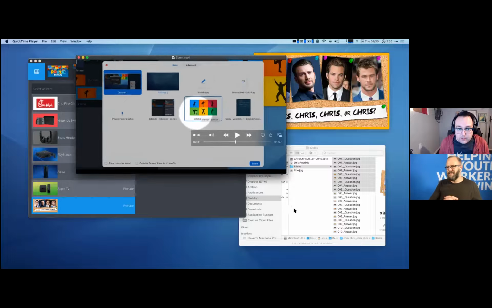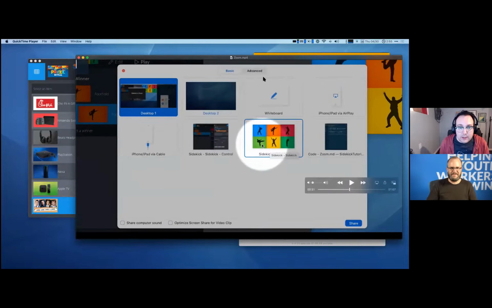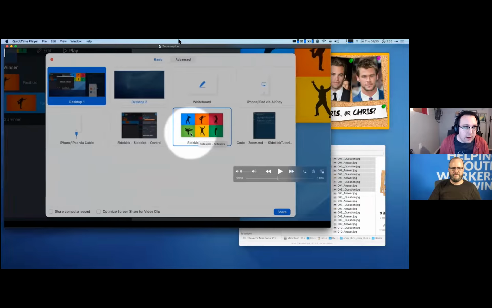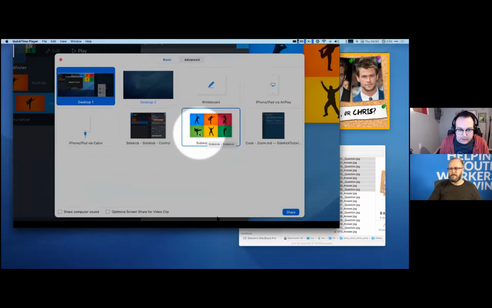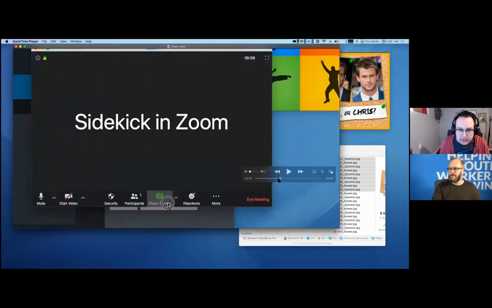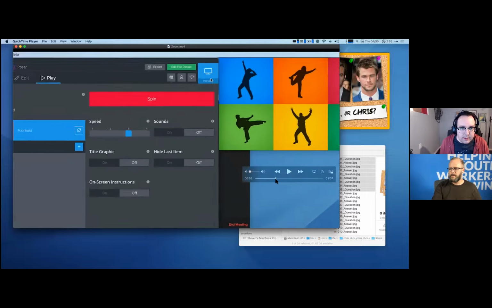Sorry, Steve. No, you're good. It's hard to show how to use Sidekick in Zoom because we're actually in Zoom. And so there's some kind of laws of physics that won't allow us to do that. So I've actually got a demo here, and you can see that